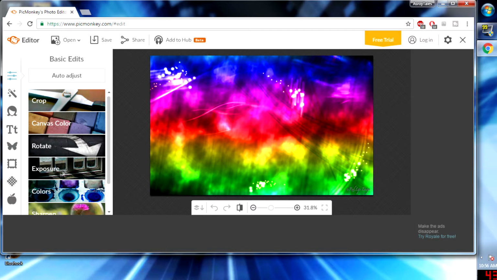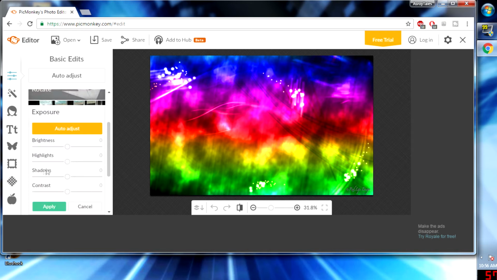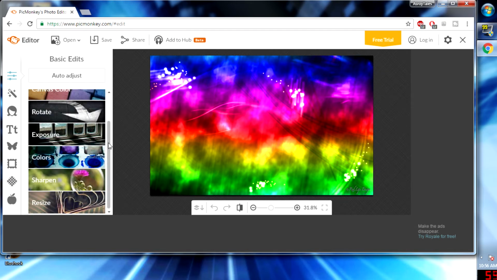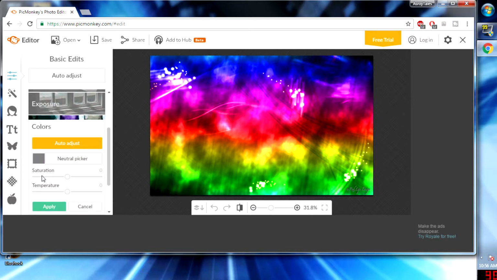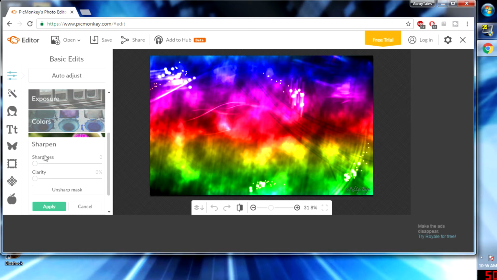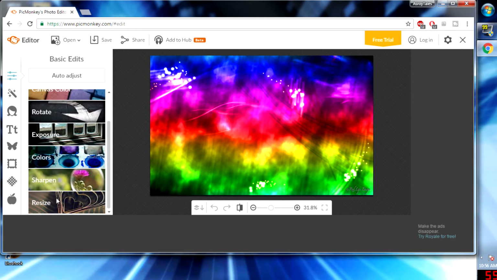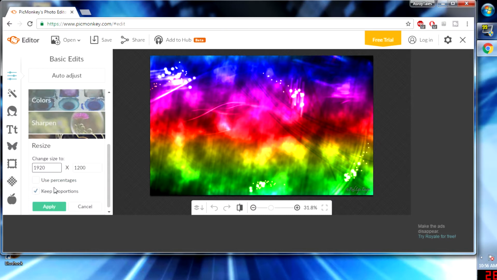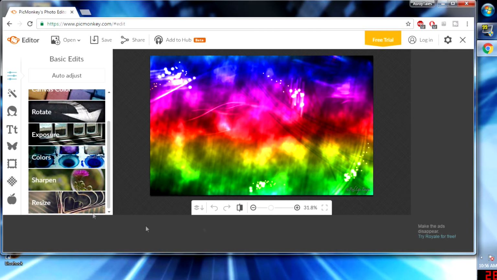Here you can give the image exposure, shadows, highlights, brightness, and contrast. Here's colors. You can improve the saturation or temperature, or decrease either one. There's different picks. There's an auto adjust setting. You can sharpen the image, in the sharpness or the clarity, and then you can resize it, which I don't think I need to do, because